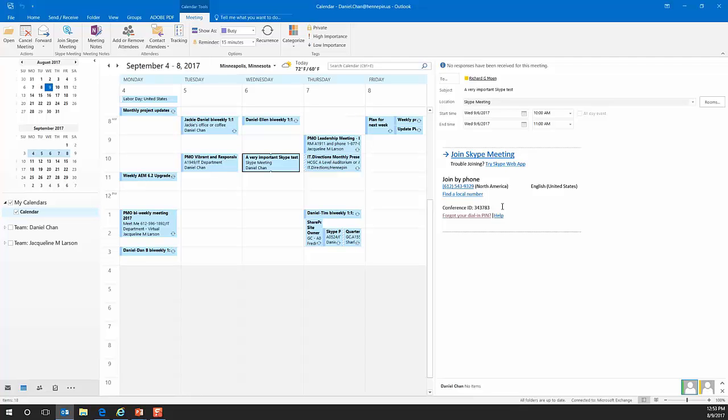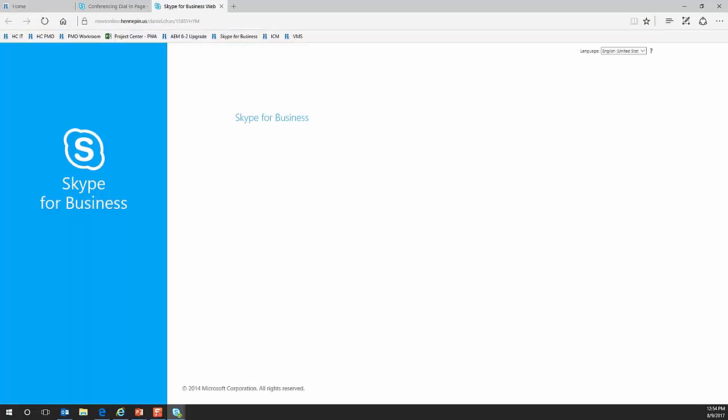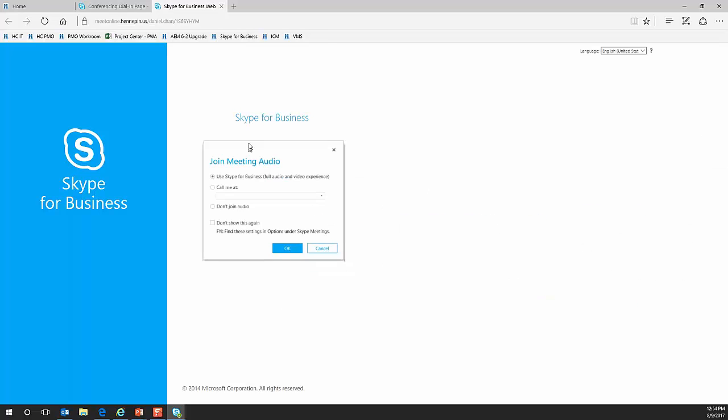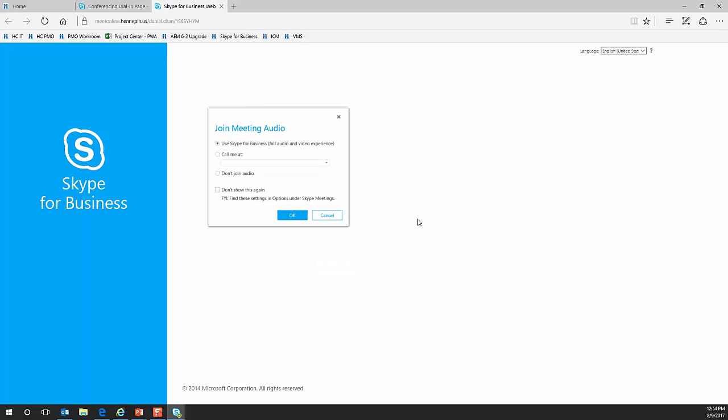For the purpose of this demo, I'm going to start the meeting with both portions, the online portion and also the conference call. So to start the online component of this meeting, I just click on Join Skype Meeting. And you will be presented with this pop-up window, Join Meeting Audio. If you are planning to use both a phone and the laptop or your computer, we suggest that you don't join the audio,